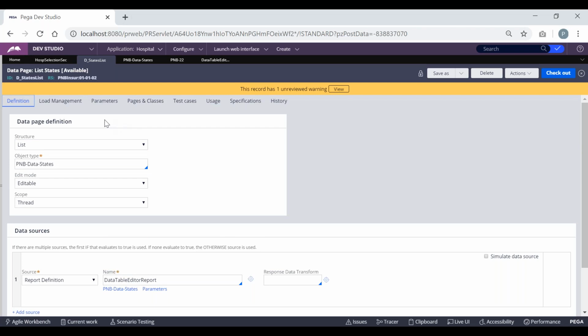The parameter value we are getting here has to be passed to the report definition. Why? Because we are using the report definition internally, right? The value has to be supplied to the report definition. So what I'm trying to do is first open the report definition.